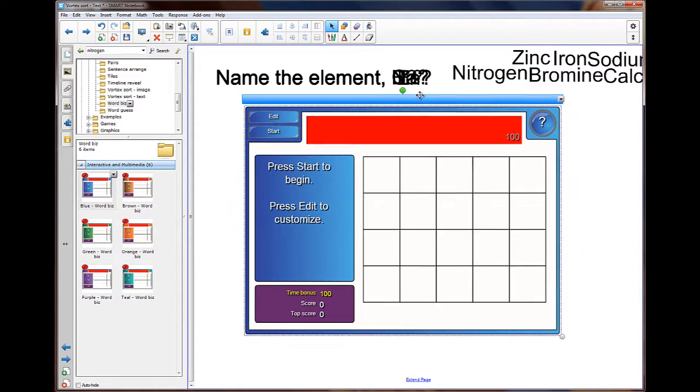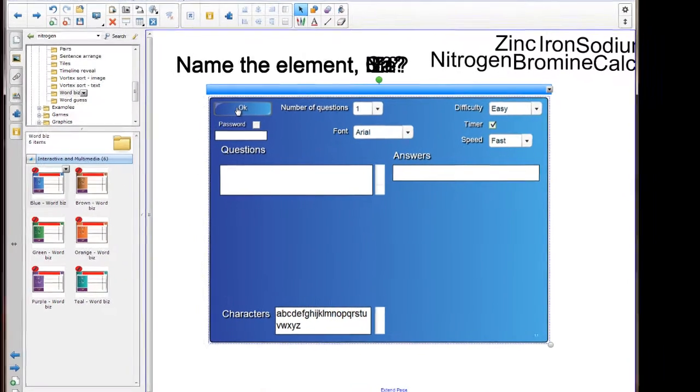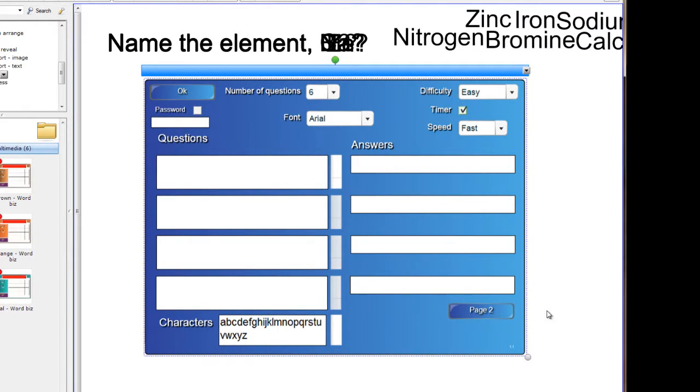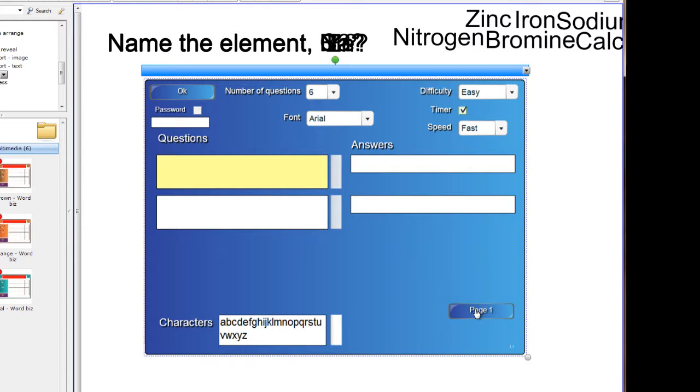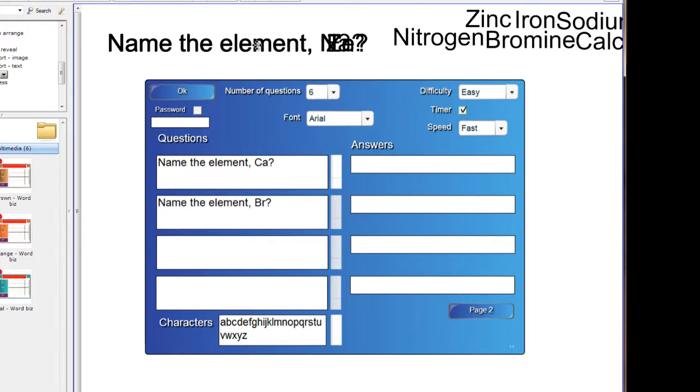For this video, I've already typed my questions out. You can go ahead and type your questions out beforehand. You can copy text from other documents or from the internet, as we are able to just drag in the answers. For this activity, I know I need 6 questions. That brings up page 2. That allows for me to fill in on page 1 the first 4 questions, and on page 2 the last 2 questions. Now I'm simply going to drag and release